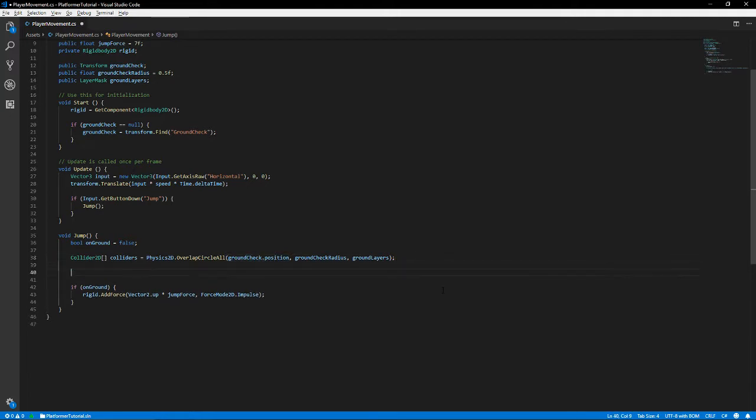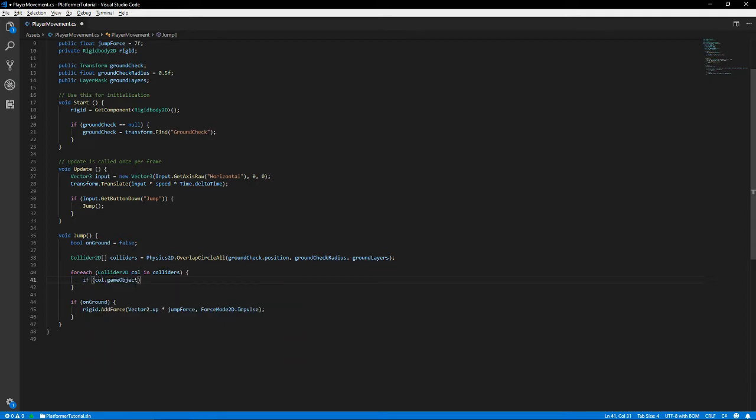Okay, so now we need to do a loop. So we need to loop through all of these colliders. I'm going to use a foreach loop here. And the way to do that in C# is to create foreach Collider2D, say col. You can name it whatever you like again, in colliders. So as it basically reads, for each Collider2D in this array of Collider2Ds, which we will refer to as col for each one,